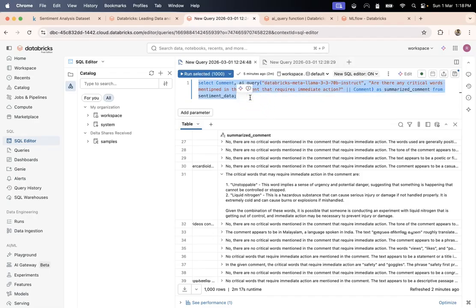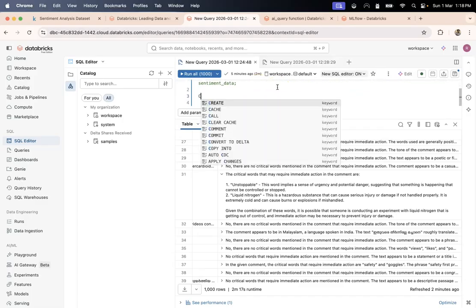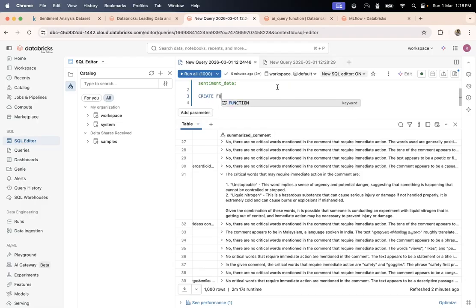So now let me maybe comment it for now. Okay, I'll probably use some details from here, and let me create a function here. So I'll say create function, and I'll name this function correct grammar using AI. I'll provide a text argument, and I need to provide the type also. Type would be string.